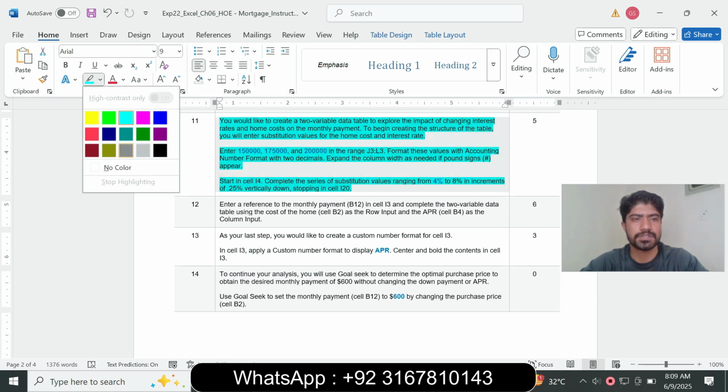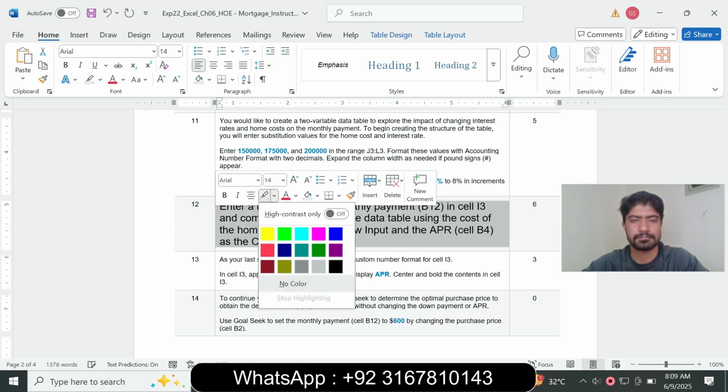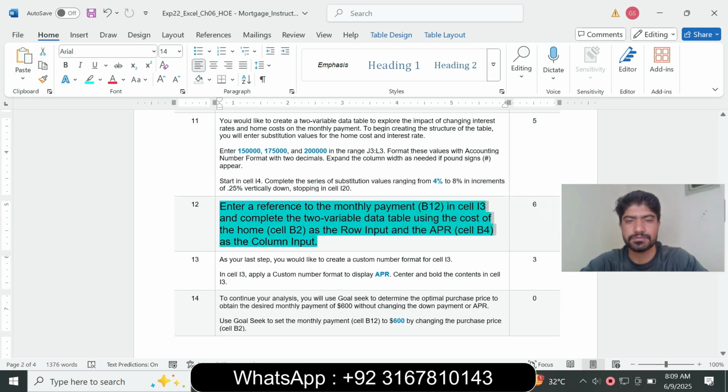We move to question number 12. Question number 12 is: enter a reference to the monthly payment B12 in cell I3 and complete the two variable data table using the cost of the home in cell B2 as the row input and the APR cell B4 as the column input cell. So enter the reference to the monthly payment in cell B12 in cell I3 and complete the two variable data table using the cost of home B2 as the row input, APR